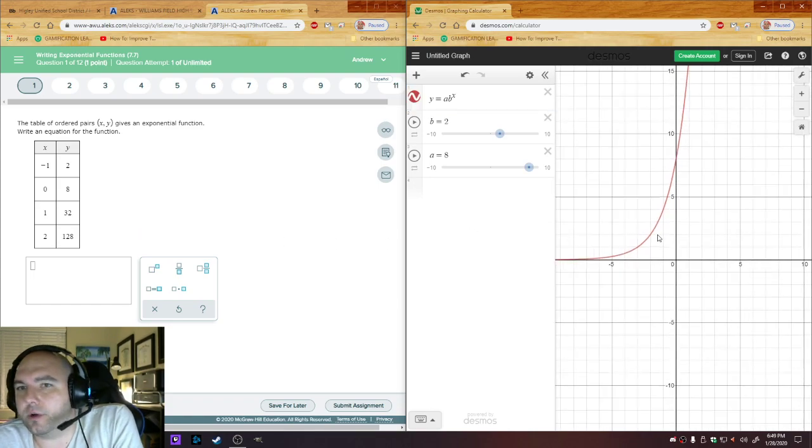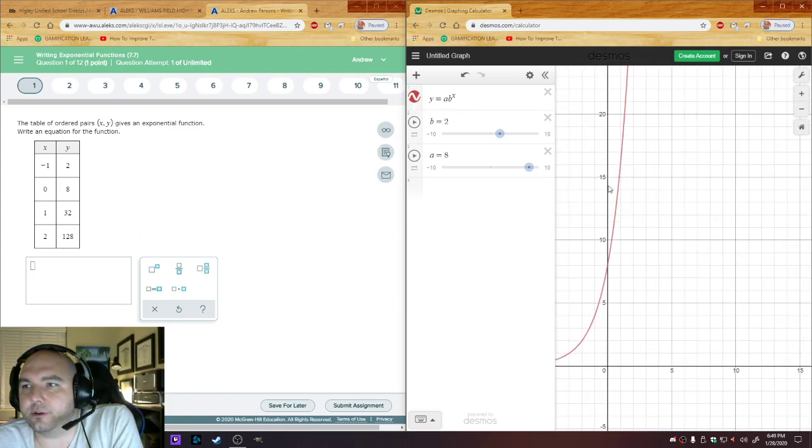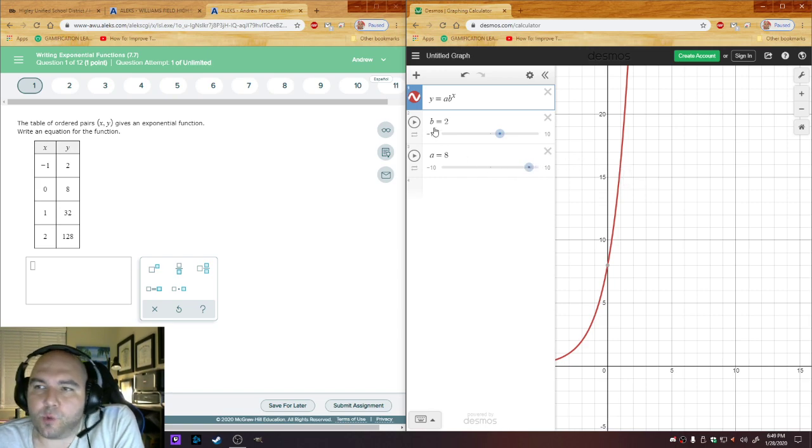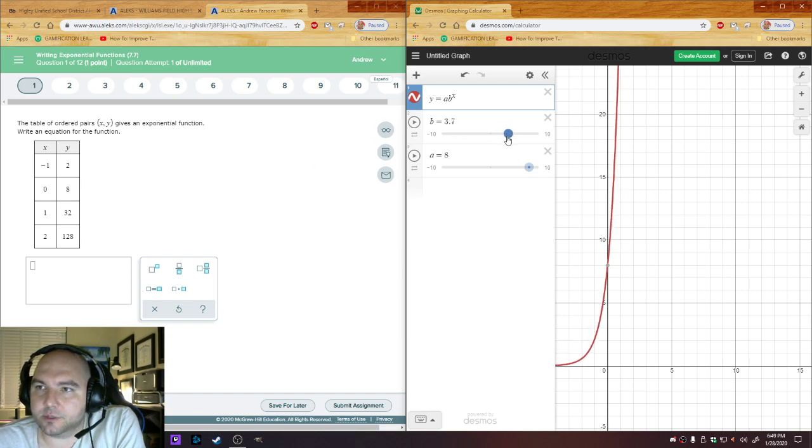Like, if I go and I try and find 1, 32. If I go over 1, is it up 32? Not so much. It's actually up 16. Darn, not enough, right? So here's what b is. b is how much the y value is multiplying by as it changes. So if I look at my y column, I should say to myself 2 turns into 8, turns into 32, turns into 128 as it multiplies by 4. So if the b value is made to be 4,